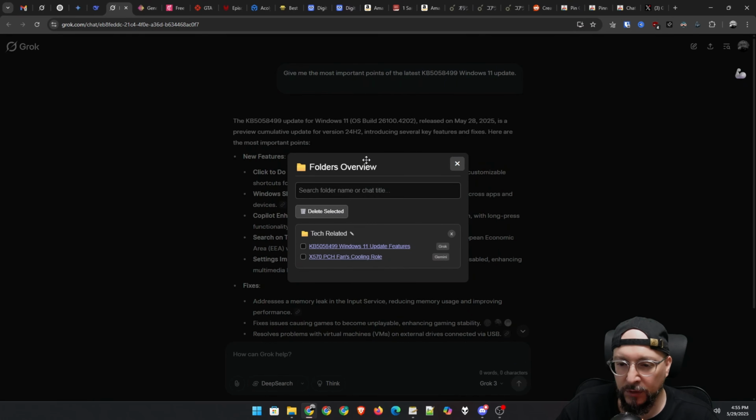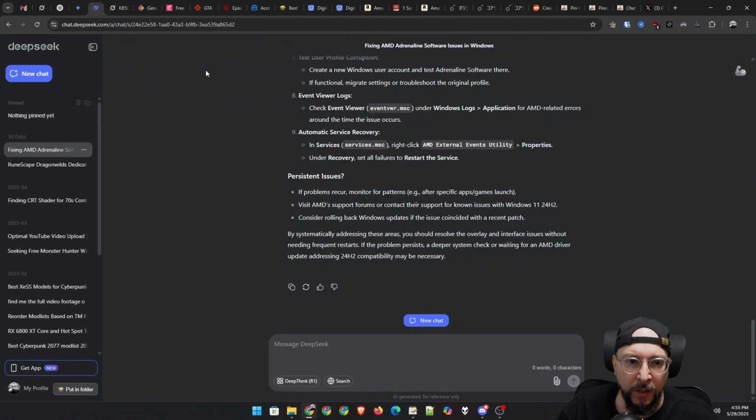You can create folders, and it's not just pinning chats, because I know there are other extensions out there that allow you to pin your chats, and I think Gemini has a built-in tool to pin chats and stuff like that. But it's not enough, because once you start pinning a lot of stuff, it gets very bloated really fast, because there's no other way to organize. So this works in DeepSeek as well. You can do exactly the same thing,